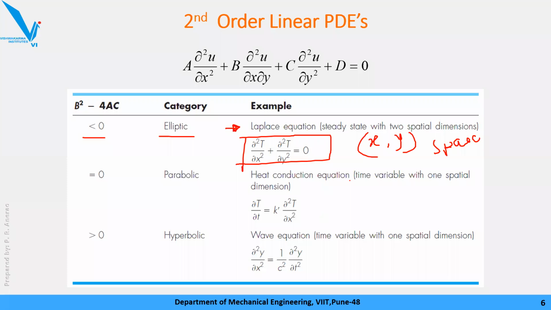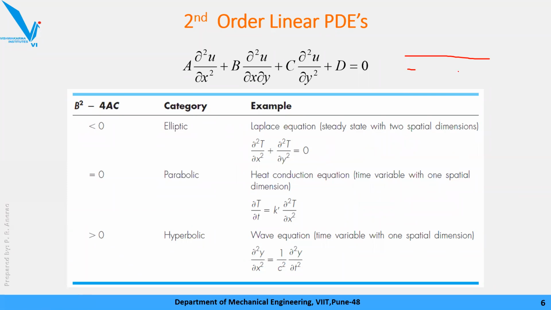ठीक है, now sometimes if you go for parabola, उसका example है देखो, heat conduction, again heat conduction, but heat conduction with only one space domain variable and one time domain variable. For example, इसका example बताता हूँ. You might have seen pin fin analysis or pin. Assume करो एक pin है, and it is insulated